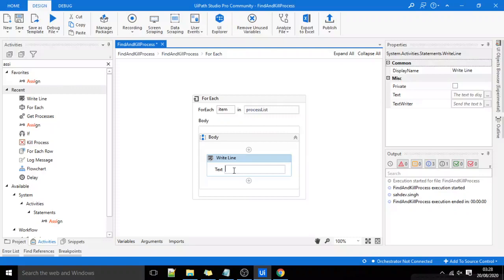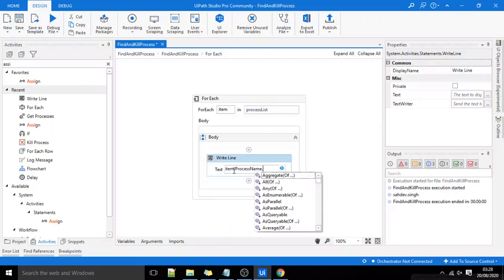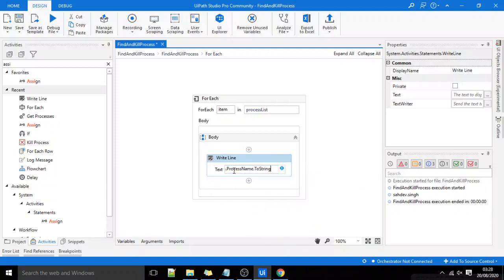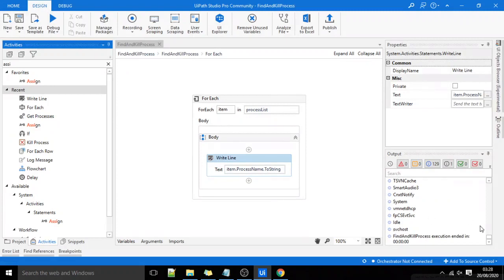For that I'll use item.ProcessName.ToString. I'll execute this. As you can see in the output section, the names of all the processes that are running on this current system are displayed.